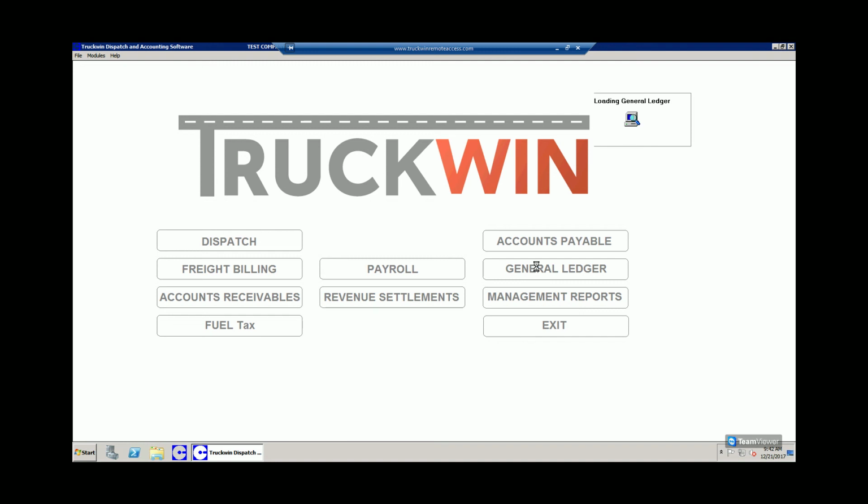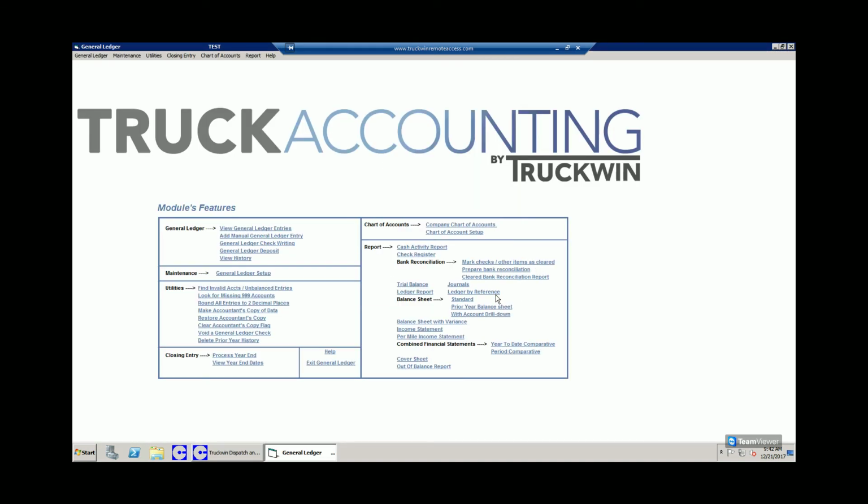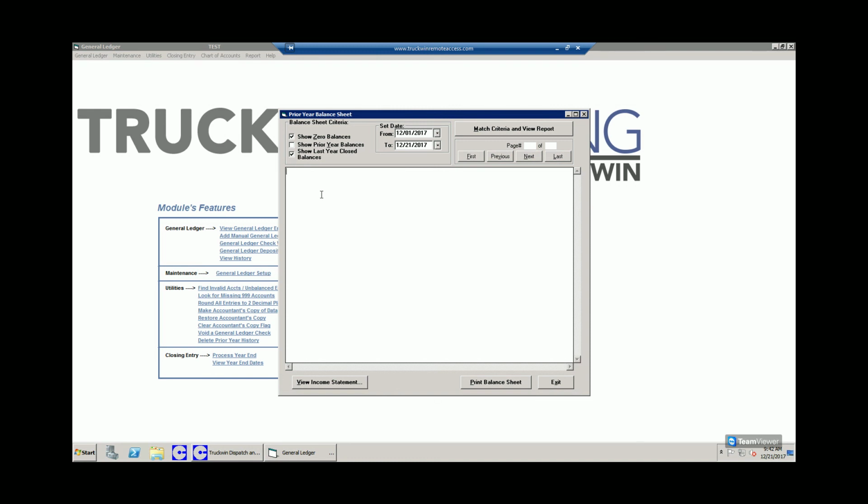General ledger. If you're a good accountant, you'll notice that window I just closed out of. You don't want that. Means my general ledger is off, but I'm in a sample database, so that's fine. General ledger added a balance sheet for a closed year. So if I go under report to balance sheet, or actually prior year balance sheet, previously you could put in what Truckwin considers a prior year, which would be 2 years back, but there wasn't